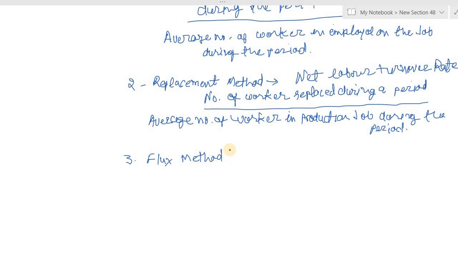If the labor flux rate is to be known, it is calculated taking into consideration both the number of workers leaving and the number of workers replaced, and the formula is number of workers leaving the job during a period